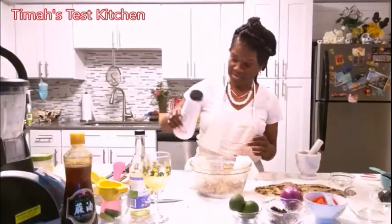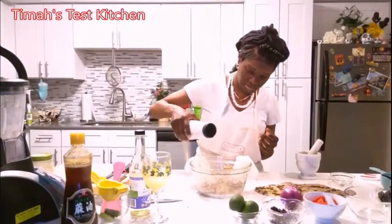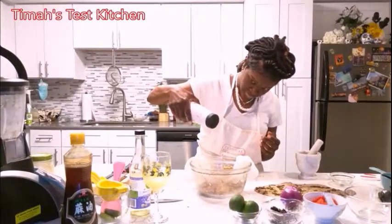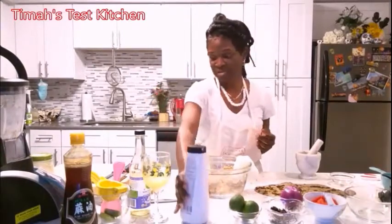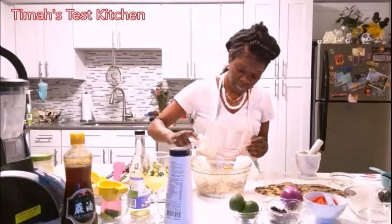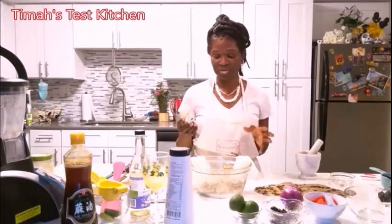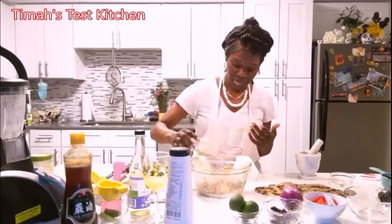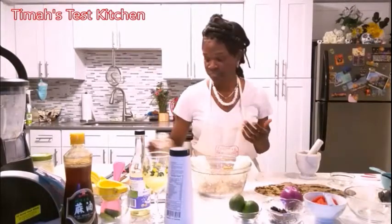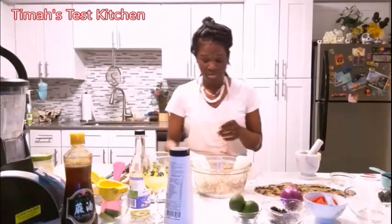So I have my salt, some Himalayan pink sea salt. So we're just going to put in a dash. This is about maybe half a teaspoon. And then I have my rosemary. I grind it up into like a powder. And so just going to put in about half a teaspoon. That's all that's going to be in there for now. All right,